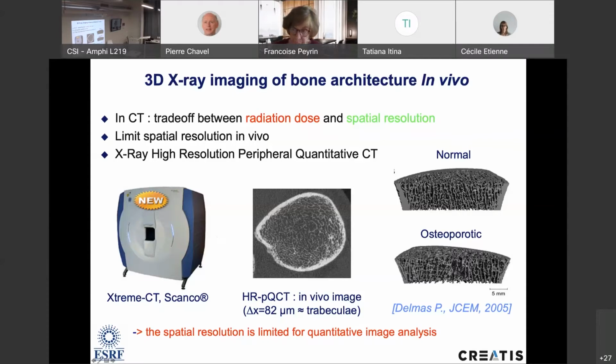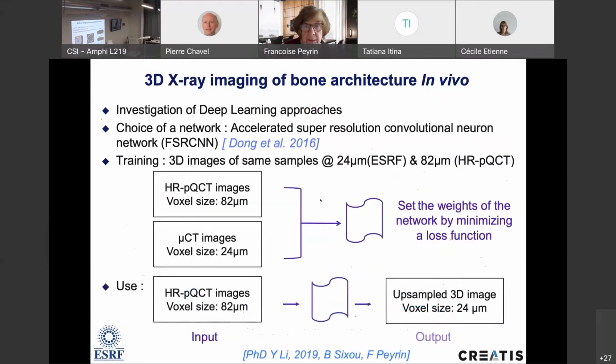However, if we want to compute quantitative parameters from these images, it can remain a bit limited. It's why we have been interested in investigating deep learning approaches to improve the resolution of the image delivered by